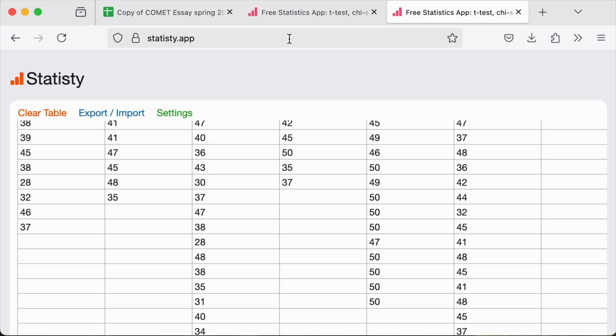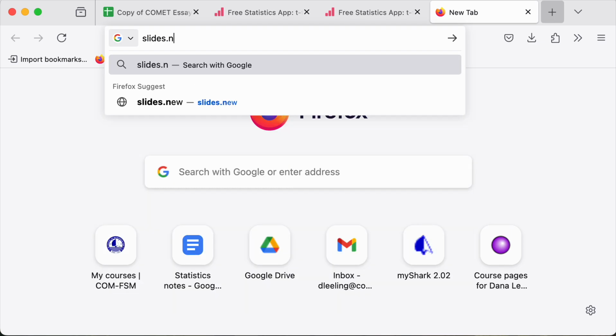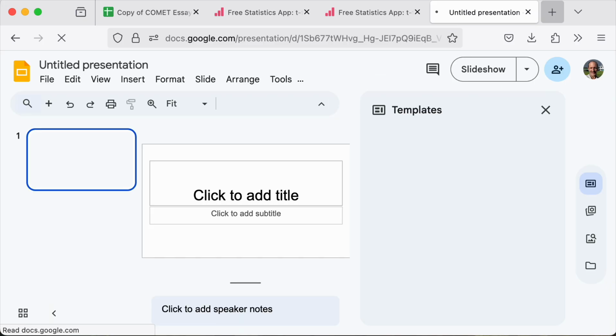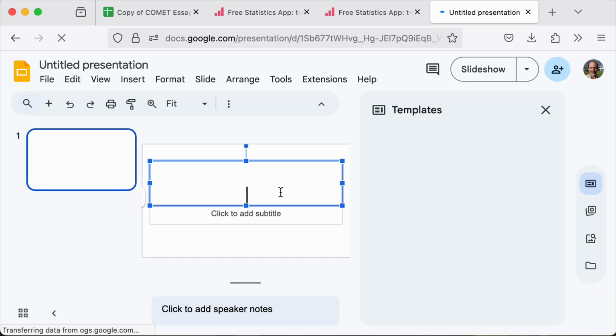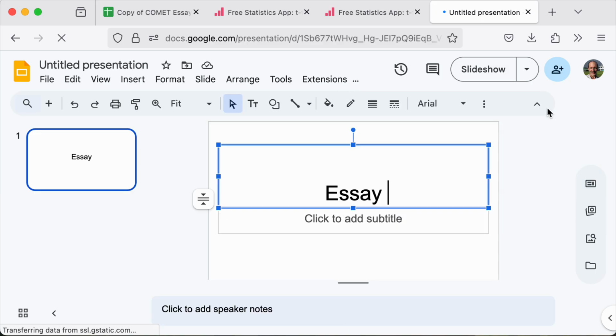Now I have to put those into a presentation. So I'm going to open up a new tab and go to slides.new. That gets me a new tab for the presentations. And this will be just the essay score charts. Put that away. I don't need the templates. Take a moment for it to catch up with me. Still loading. Essay scores charts